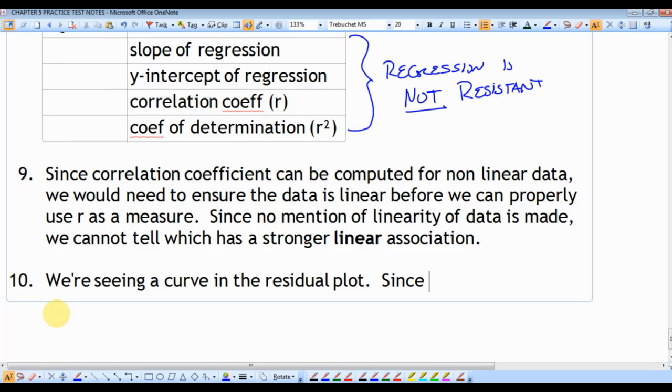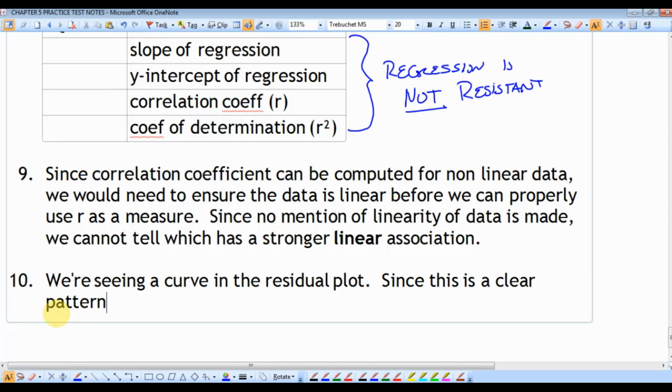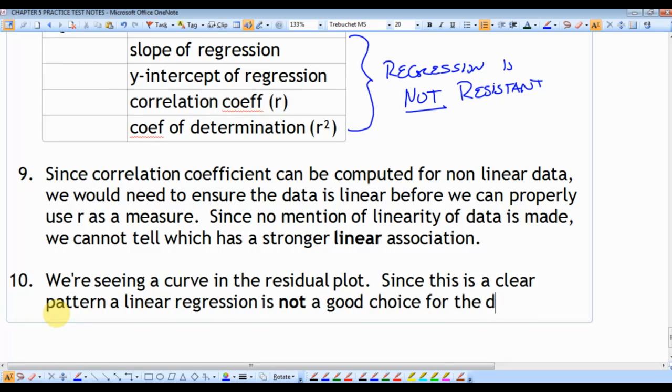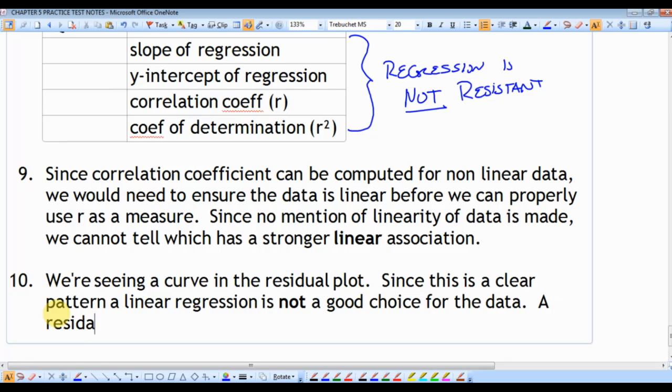Since we're seeing a clear pattern, a linear regression is not a good choice for the data, because it's not a line. For the residual plot, a residual plot should